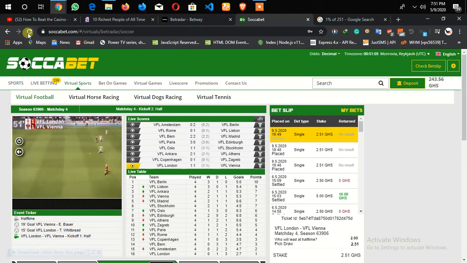So if I reload this page, you will know that the awesome strategy I'm teaching you all free of charge is perfectly working fine. I'm going to give you an example right now by clicking on the bet history. Once the page fully reloads, let's reload again. It seems we're having network issues. You're going to be able to notice that we've been able to make profits. Okay, it is loading. It's taking some time to load. As a web developer, I think this is where the problem is from.